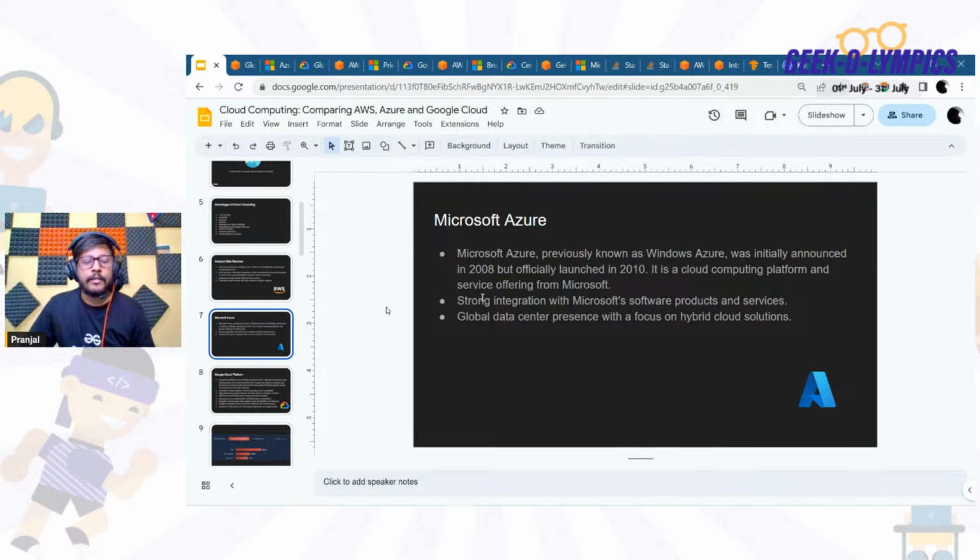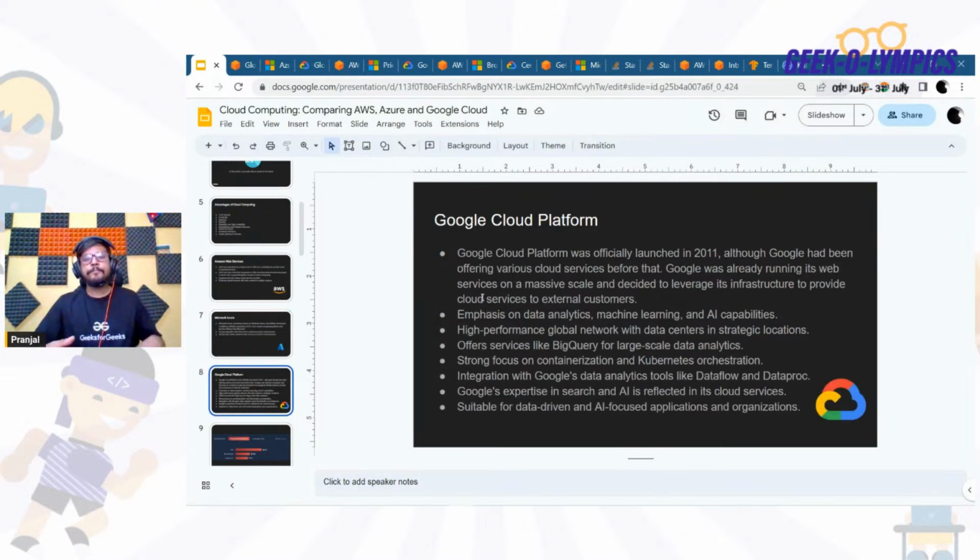Other than Microsoft Azure and AWS, we have something called GCP. GCP is the third key player, and it was launched a little bit later, so it didn't get so much time to create data centers around the world. But still, it has expertise in some domains.